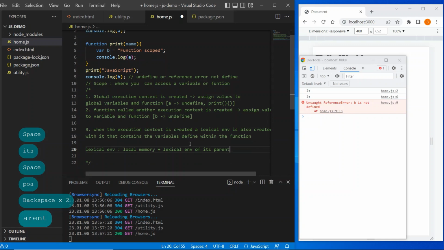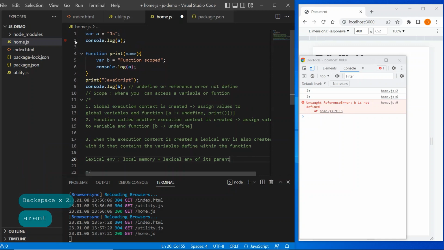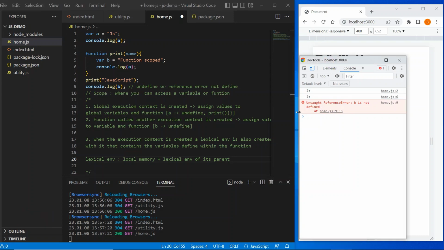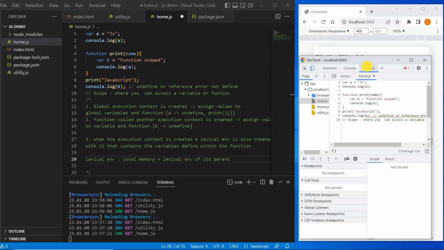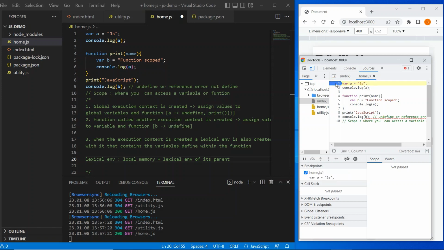Let's understand this with the help of this example. Now I have opened my DevTools and I will go to Sources and put my debug point here. Okay, and let's run it.